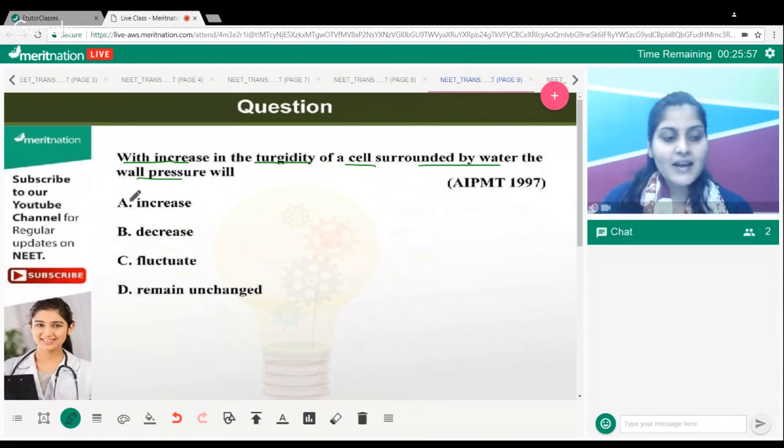To all the people who have given option A as the answer, big congratulations. You're right, because if turgor pressure increases, the wall pressure increases. Can you tell me one thing? Who is providing turgor pressure? Can you tell me the name of the one giving turgor pressure? That is your tonoplast, the wall of the vacuole. And the wall pressure is built by